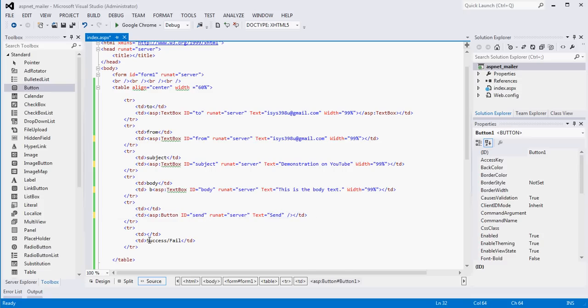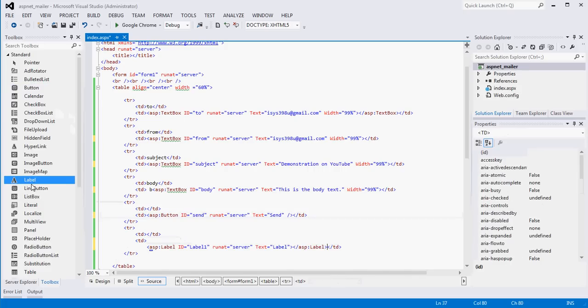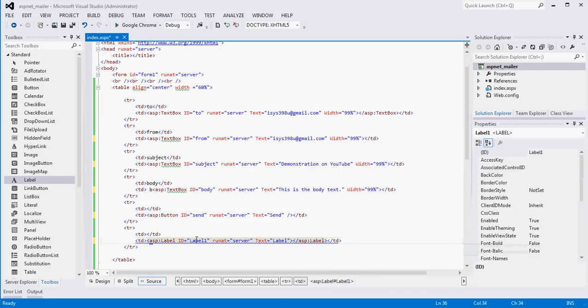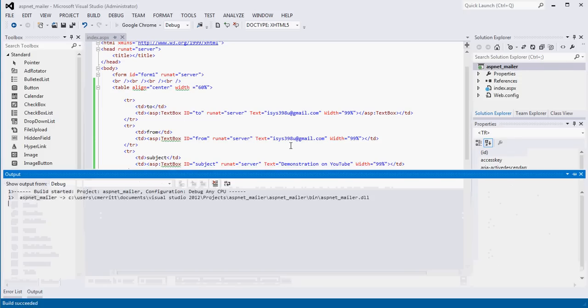The last thing I want to have here is a label that we're going to update after we try to send an email that says whether we ran into any problems or whether the email was actually sent. Okay. Now this isn't going to verify that the email address is correct or anything like that. This is just going to say if there were problems actually sending the mechanism to send the email, not whether or not it will get delivered. And I'm just going to make the label be blank right now because we don't want to have anything in there to start with. Okay, so if I run this guy now,